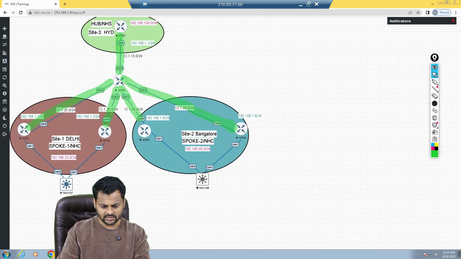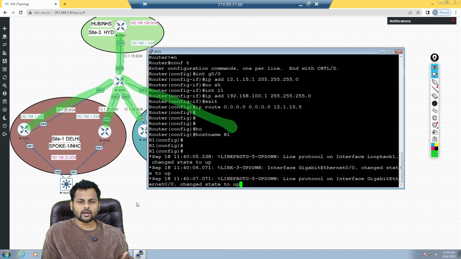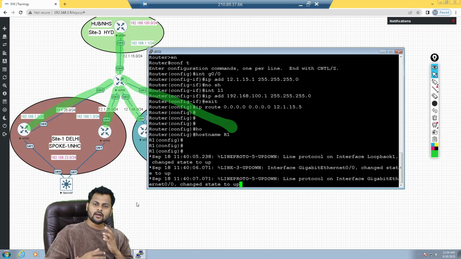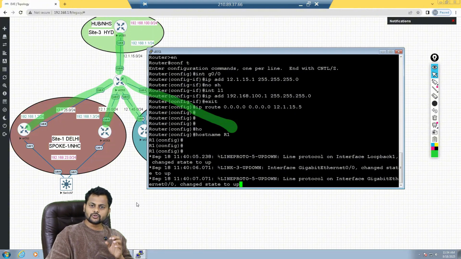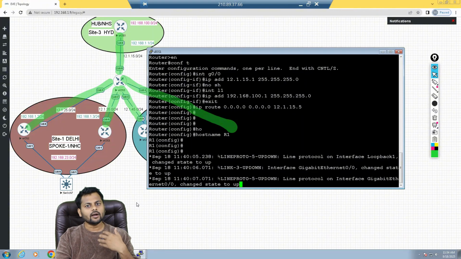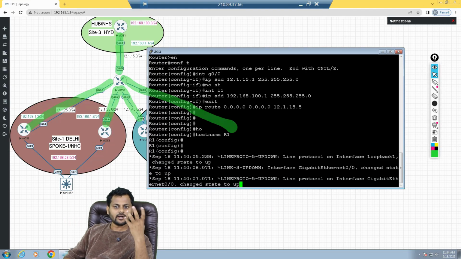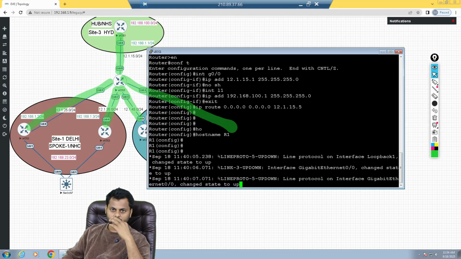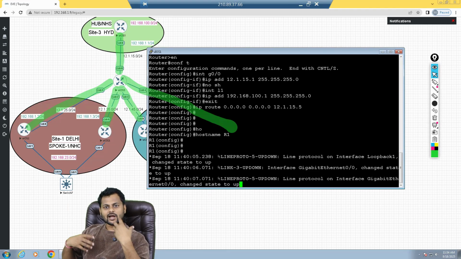So the first and basic thing, right? Whenever you're going to configure any overlay technology, doesn't matter whether you configure GRE, mGRE, DMVPN, VXLAN, SD-WAN, SDA, ACI, anything, it is always a great suggestion that you should check your underlay configuration and underlay reachability, because if your underlay is not fine, then you cannot achieve the overlay, right? So better to check the underlay and then start doing the configuration of the overlay as well.